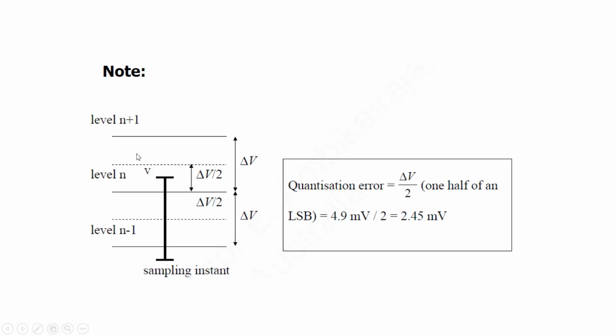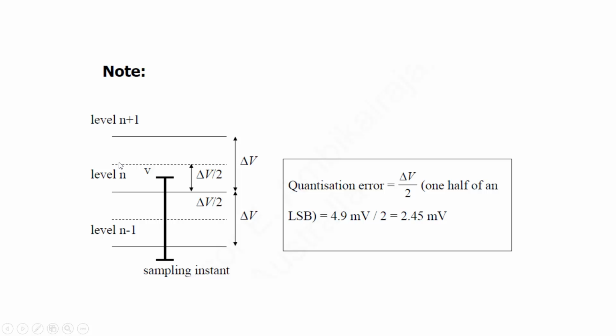Here the quantization process actually introduces quantization noise. Suppose a signal is right at the middle line, and we allocate level n plus 1, but actually the sampled value belongs to level n. So what is the quantization error? The maximum value of the quantization error can be delta V by 2,